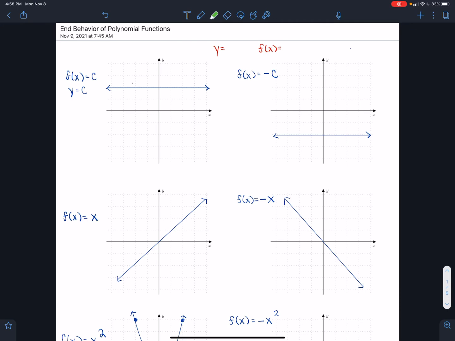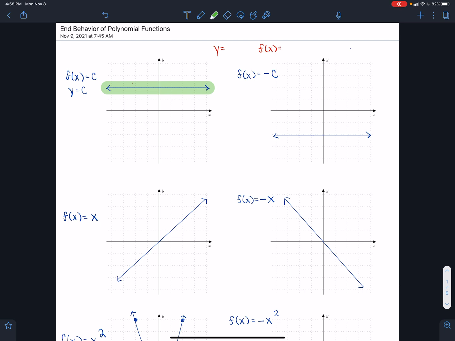Negative leading coefficient. Based off of those videos that you watched on YouTube yesterday, those 3 short videos that were not me, those are the same things that I'm covering here in this first couple of minutes. All right, so here I've got a constant graph. So f of x equals some constant. Let's say that constant is 2. So what that gives me is a straight linear graph that is horizontal, and it's at positive